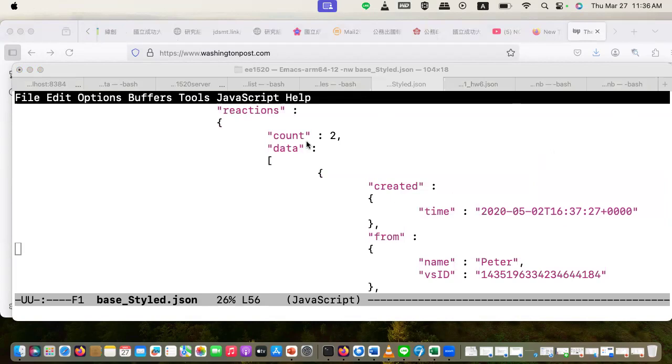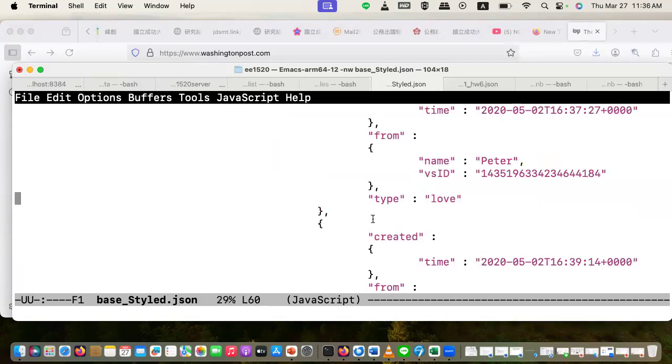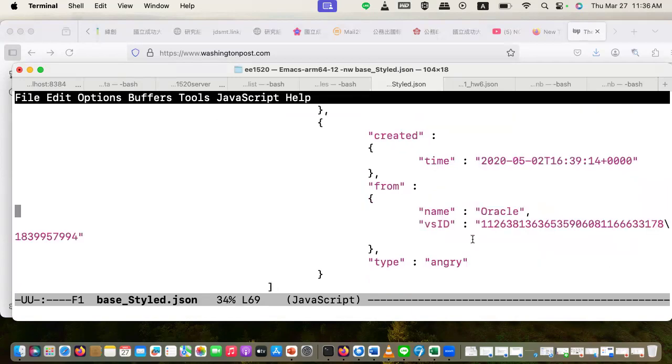Okay, so now you can see this is a reaction. And the reaction also records who actually made it. Peter put love, and there is another person, Oracle, who actually put angry as a reaction. So what is a reaction? Reaction is a JSON representation.